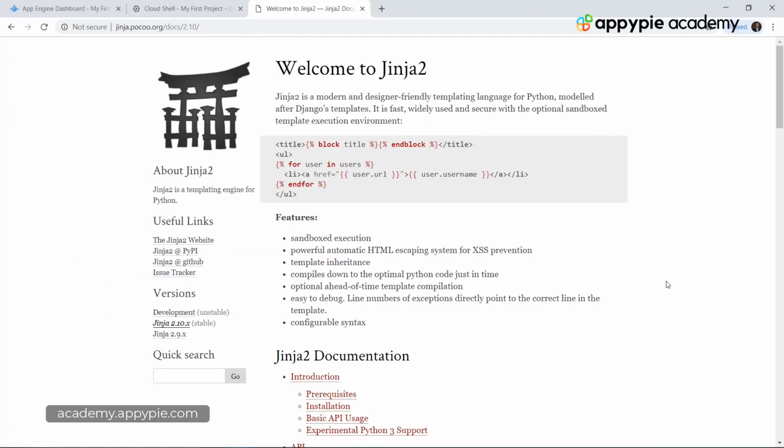Okay, so first of all, whenever you are writing any standard HTML, you have a very specific format, and writing code inside of HTML is very hard.